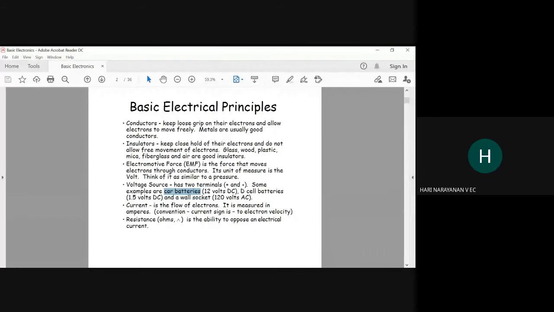I'm here, sir. Have you heard of inverters? Yes, sir. Can you say what an inverter does? Generally, what does an inverter do in your house? Sir, it converts AC into DC, sir. No, I am asking generally. I don't want the technical answer. I assume that I don't know anything. How will you explain an inverter to me?